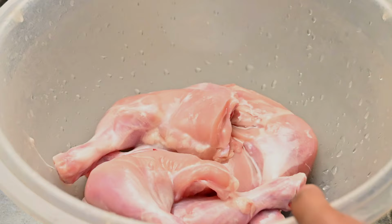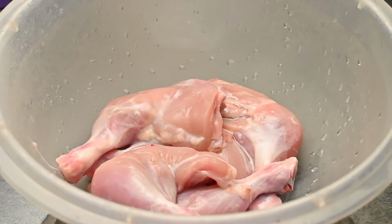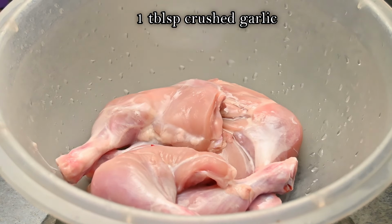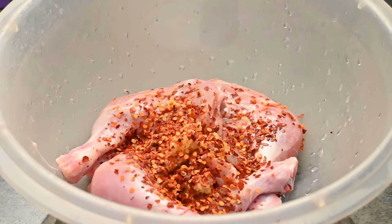Let's get started. So here I've got about 5 pieces of leg quarters. To these pieces of leg quarters, I'm going to add in 1 tablespoon of garlic paste, so that's crushed garlic. Then I'm going to add in 2 teaspoons of red chili flakes. I'm also going to add in 1 teaspoon of fine salt,